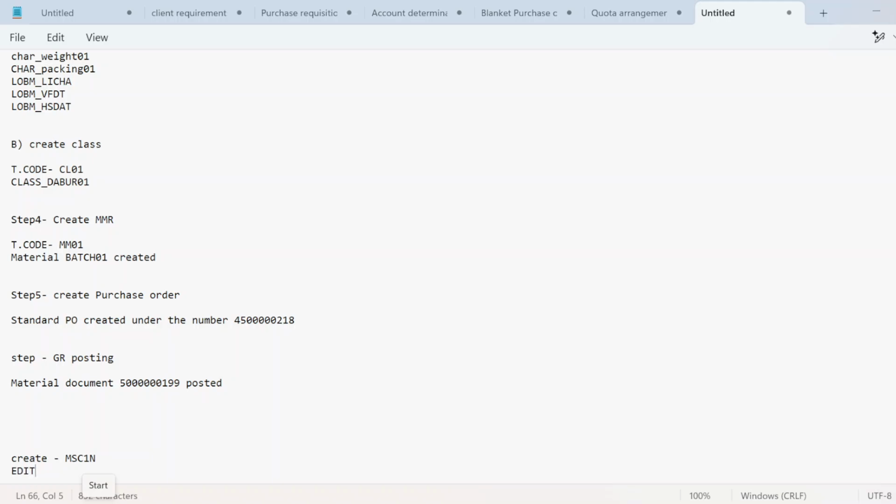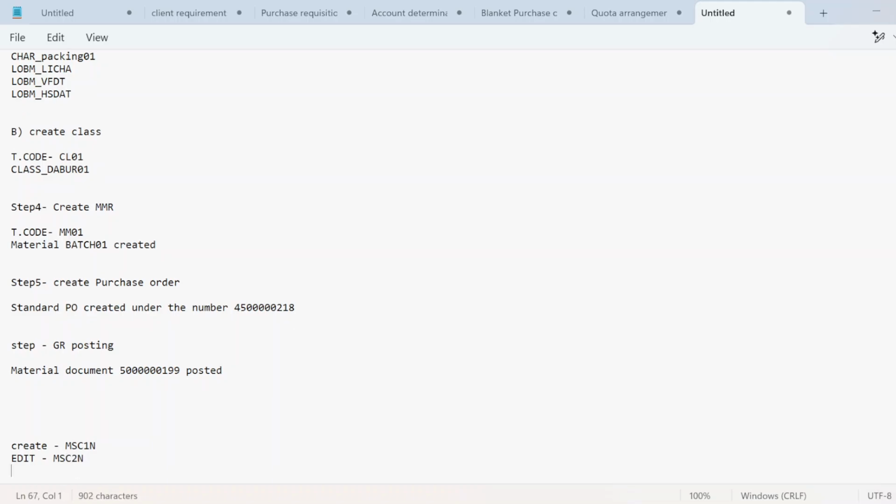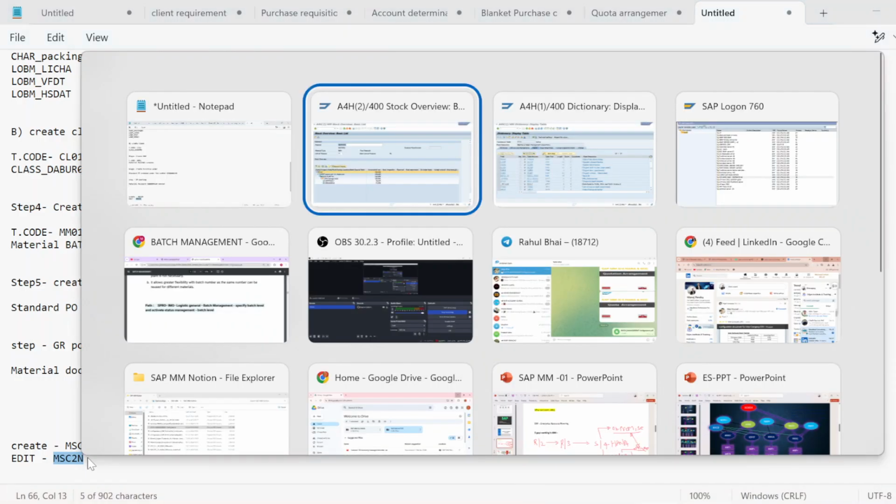As you know the thumb rule, if the T code to create is MSC1N, then to edit it must be MSC2N, right? To display it must be MSC3N. So let me edit this batch by using T code MSC2N.